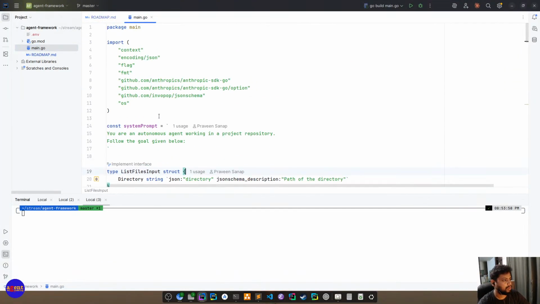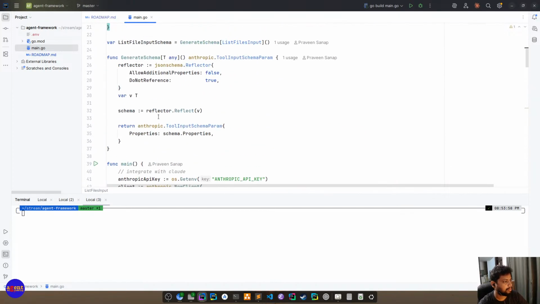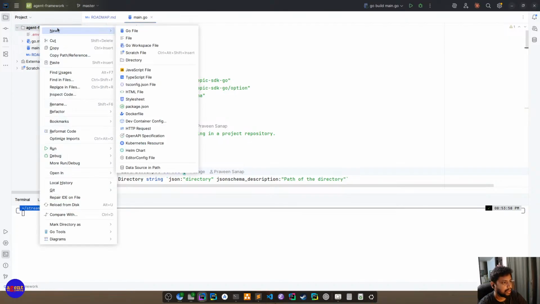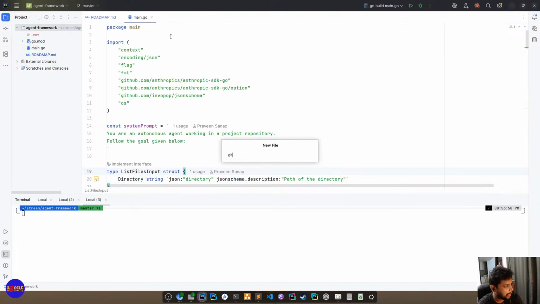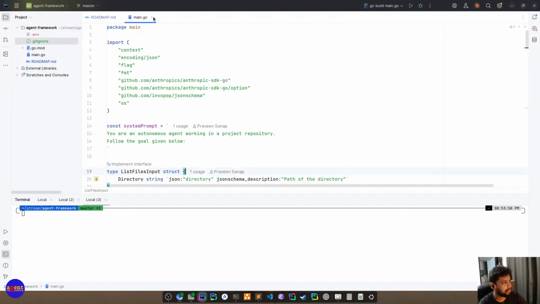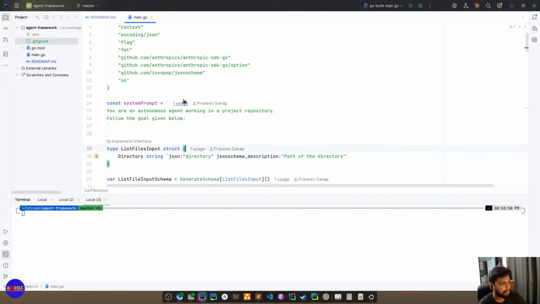Okay. So this is the code that we did last time. I know it's all in a single file currently, so that's why we might have to refactor a bit. And I was saying that I've created the environment file so that I don't have to deal with secret live string. So I'm going to add a gitignore file to avoid writing this into git history. So this is okay.